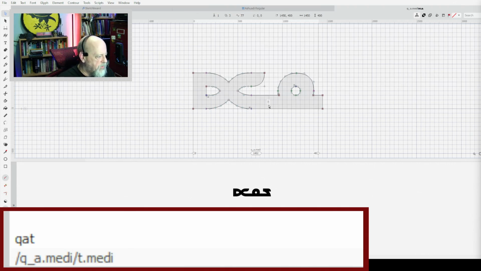So when I type in QA, it draws the QA glyph, but when I type in QAT, it draws in the QA medial glyph and the T medial glyph. And just to add confusion to things, in normal terms, that T would have been called a final glyph, but I simplified my system. You don't need to know all that.